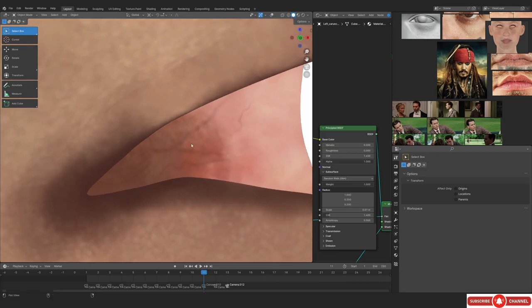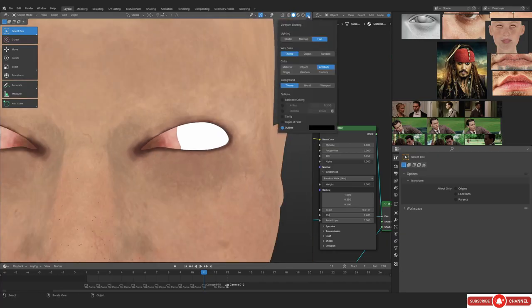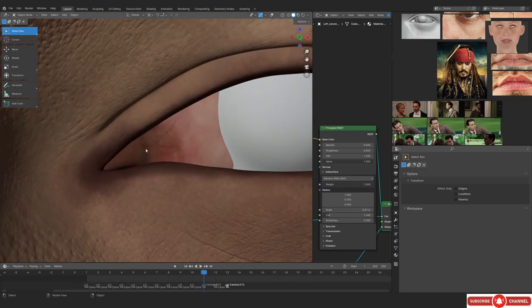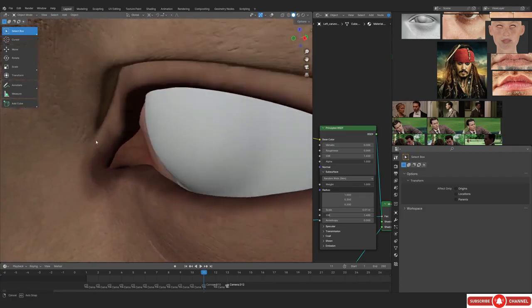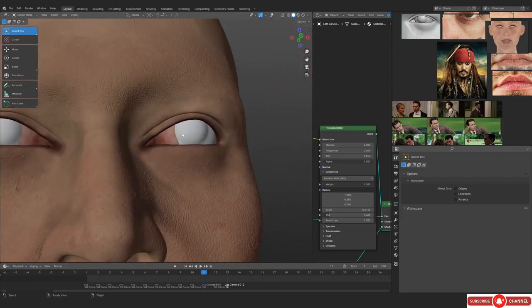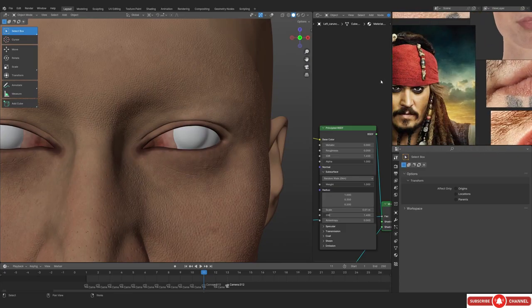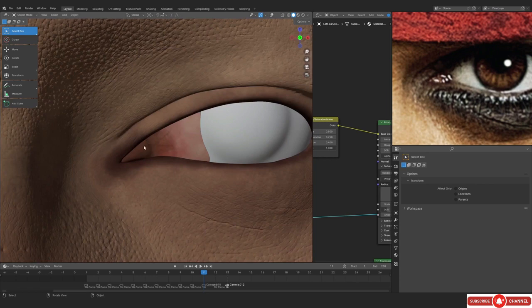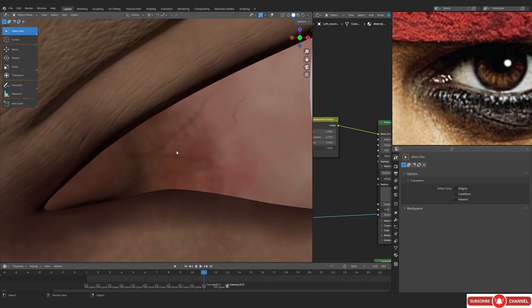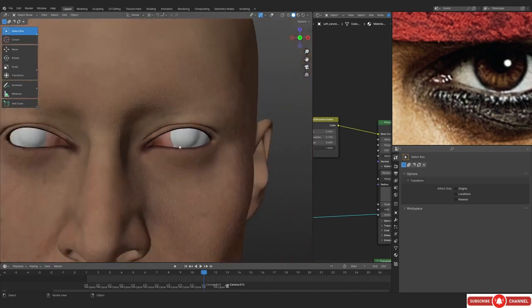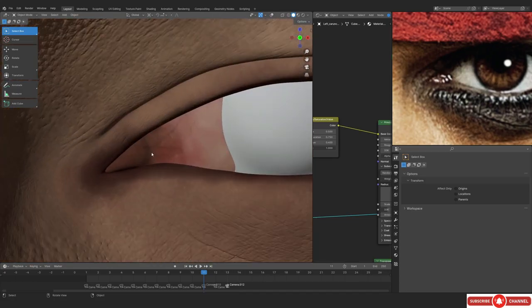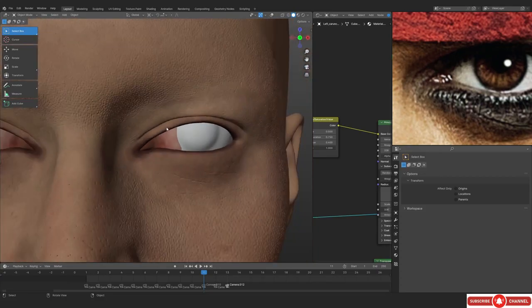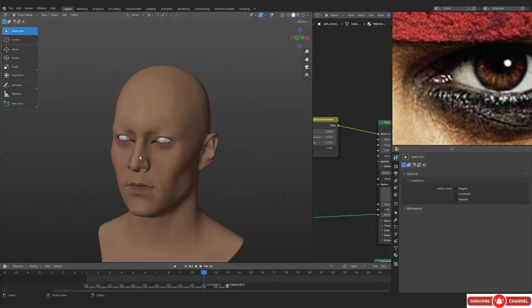You can see that I've done this. Basically, I did this caruncula color, and I literally just forgot to record that. But you can see this is how it is. We made the corner basically the same color as the eyelid. Wait, eyelid. Why? It's still okay. So you can see that they are actually matching with the eyelid, and I've added the veins. You already know how to do that. It's not super complicated. And if you were to look at the sculpt, you can see that I've actually decreased the size of the caruncula as well with the sculpting.